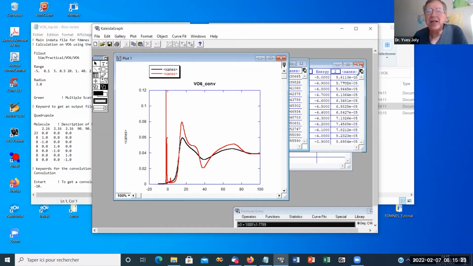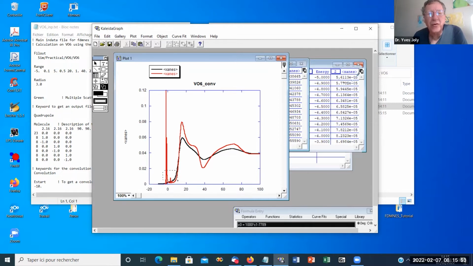In fact, it's typically this shape of an octahedral environment around the absorbing atom. So when you see that, you can be pretty sure that the absorbing atom is inside an octahedron. So the shape is really a signature of the local geometry and the local symmetry in general. Okay, now